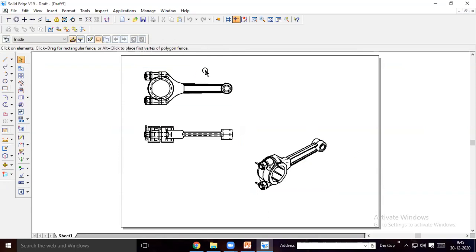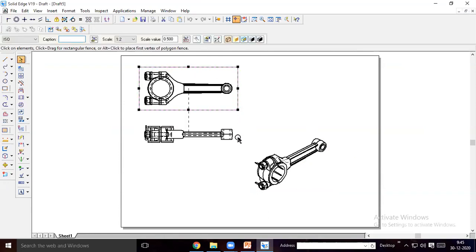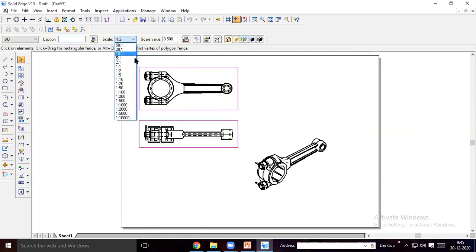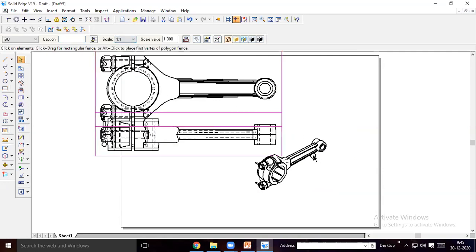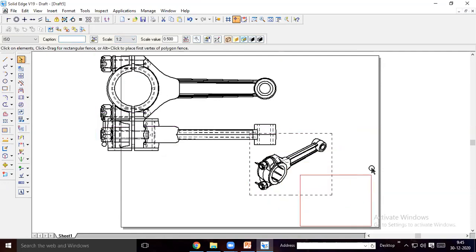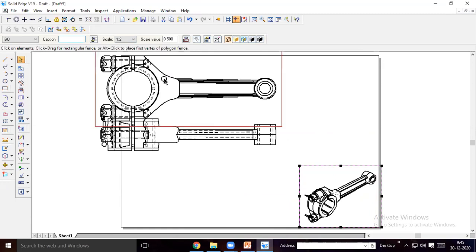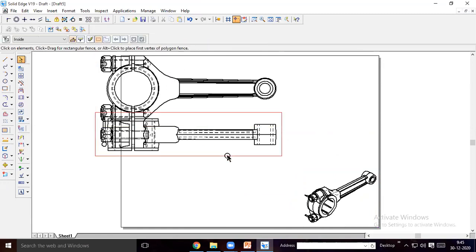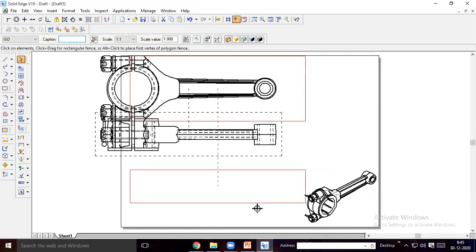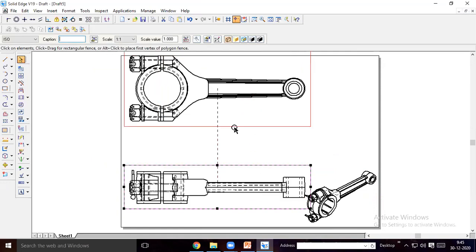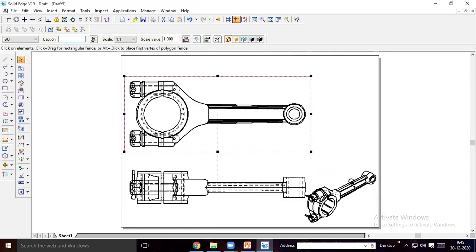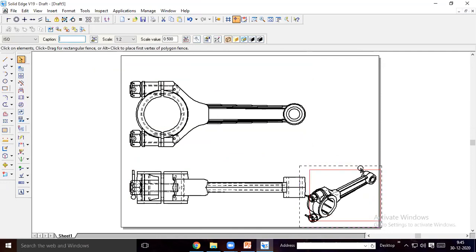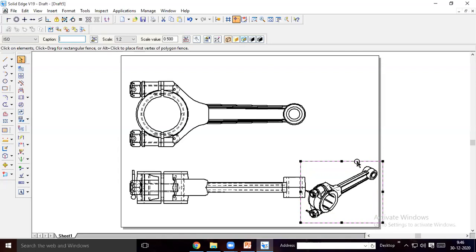So try to give 1:1 for these two. You can place it at 1:2. Here, you can place 1:1 scale only. You can keep it on another separate sheet also by selecting and copying.